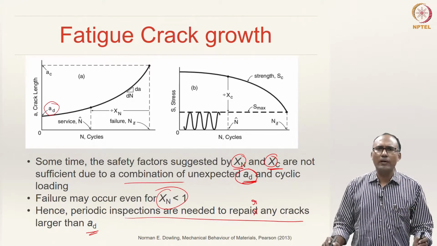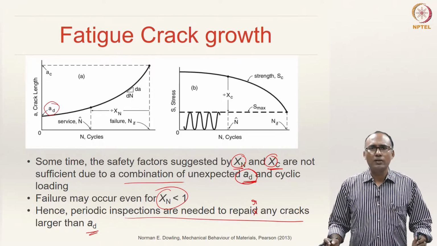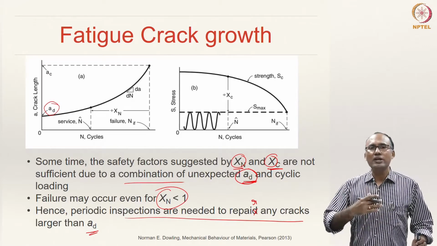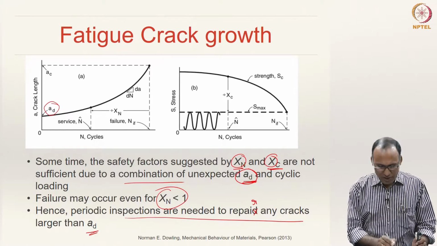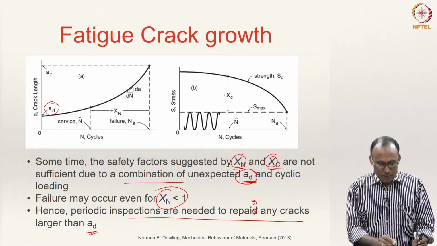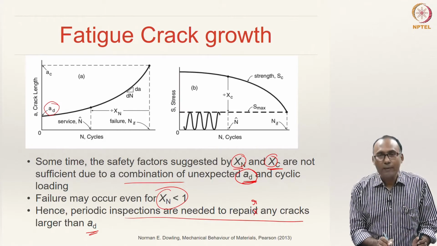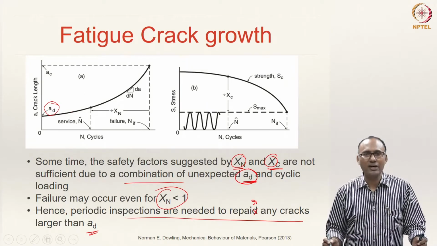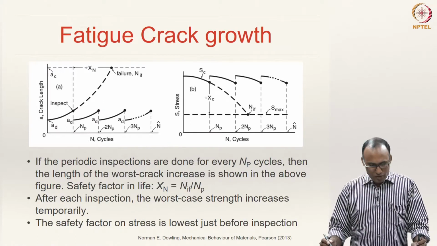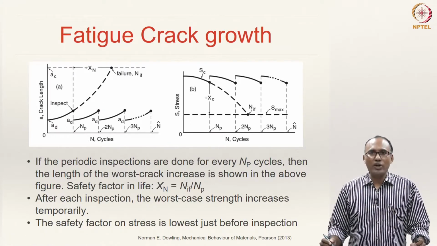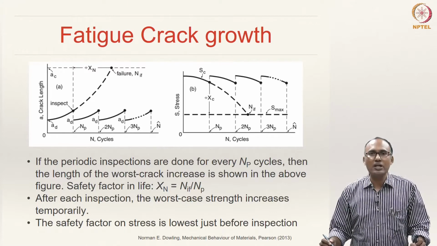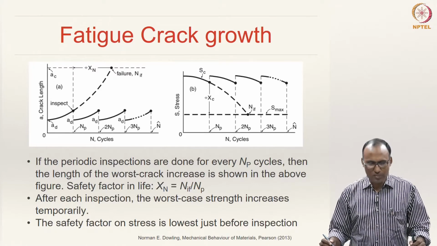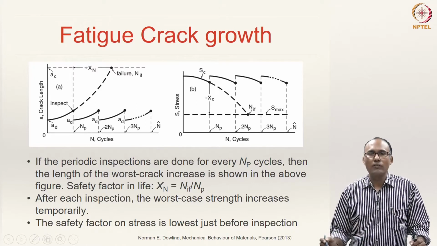Several machine components may start with an initial crack length A_D, but during the service they may increase in size, as we have seen. As the number of cycles increases, the size of the crack increases, but it is possible that the crack might not grow the way that we are expecting. It might increase much faster, at a much steeper rate, and so on, right. So, that means we need to do periodic inspections and ensure that the crack length at the time of putting the system into commission should be well within A_D.